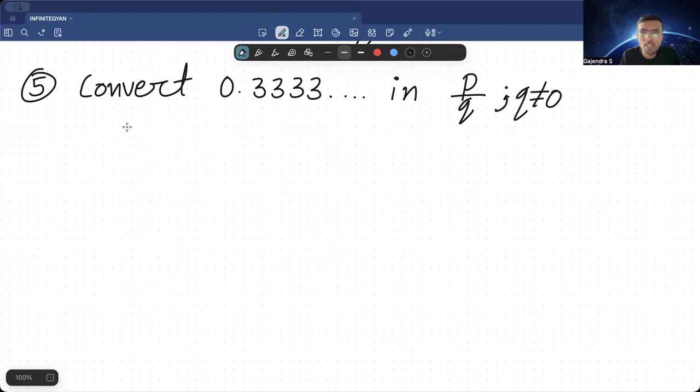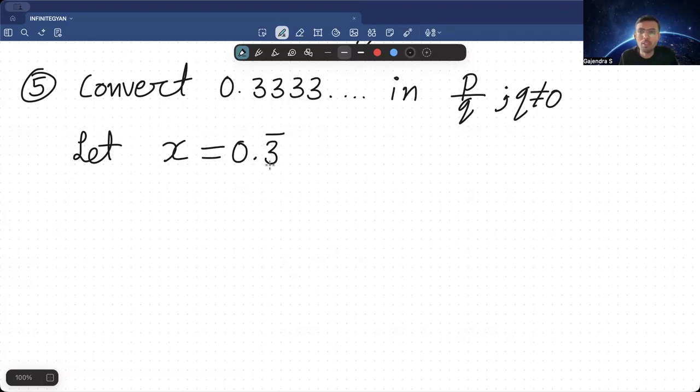So one is a longer method, another one is a shortcut method. I'll be telling you both the methods. First, let us solve how procedurally we'll be solving if this kind of question comes in 2 or 3 markers. Okay, let's solve it. So here 3 is getting repeated again and again. First step is, let x is equal to 0.3